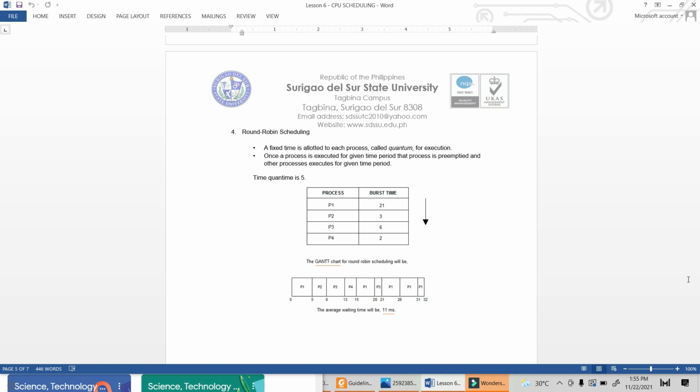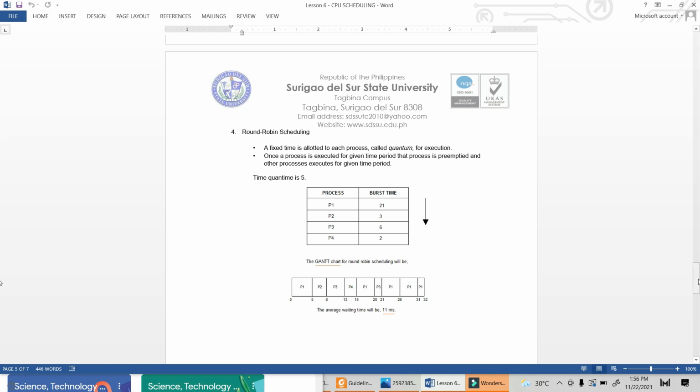So again, round robin scheduling is a fixed time. A fixed time is allocated for each process, and it is called the time quantum or quantum for execution, meaning all the processes are given an equal opportunity in which the CPU will schedule them. Once a process is executed for a given time period, that process is preempted, and then other processes execute for a given time period. So this is the